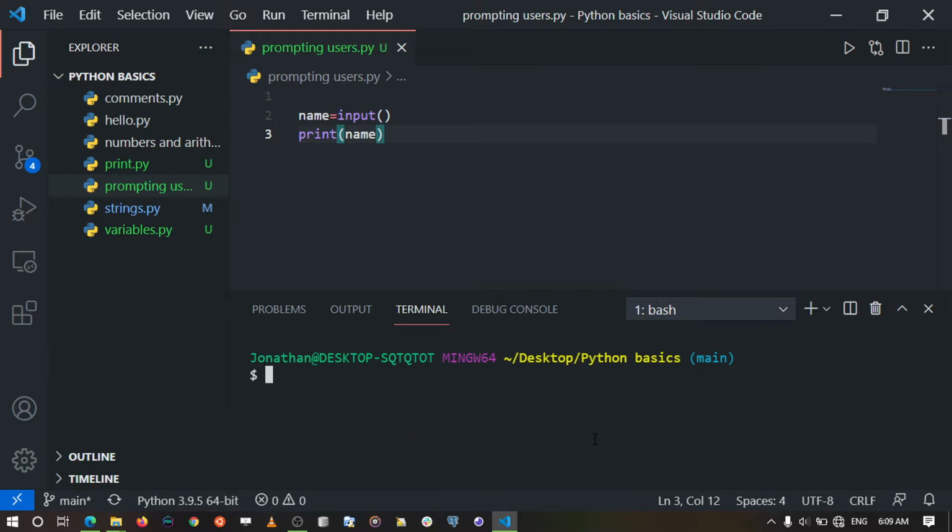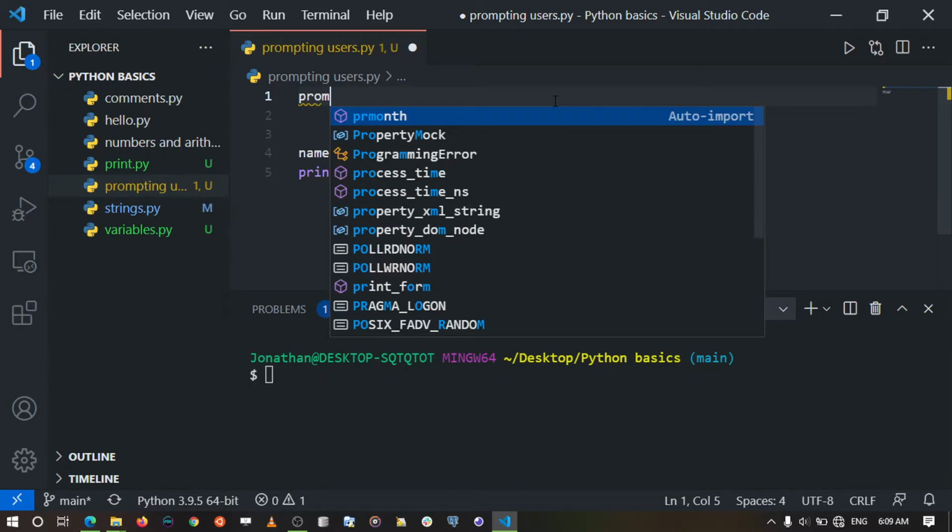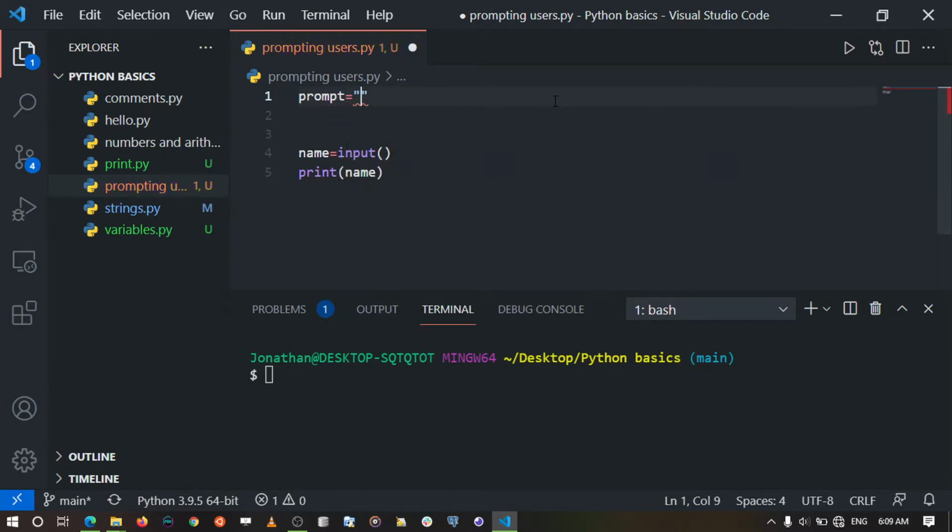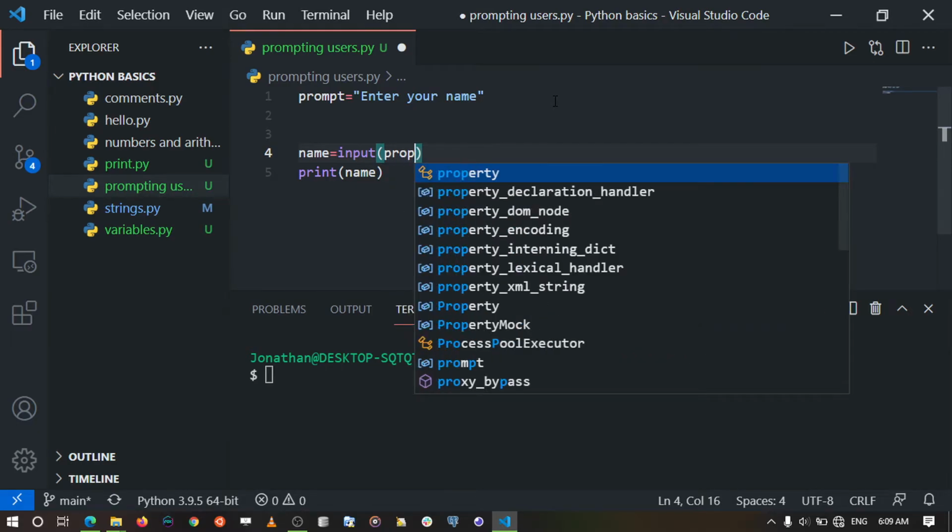However, it has been leaving us with a blank line. Now to make our program more interactive, we can specify a prompt message. So let me go ahead and write that. I can create a variable called prompt, and prompt can be "Enter your name". So this string is going to help users to know what to do when they are prompted. So inside our input function, we may specify the prompt message. So I'm going to write prompt,